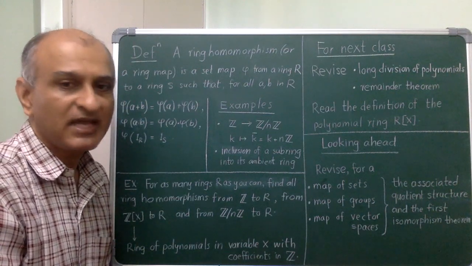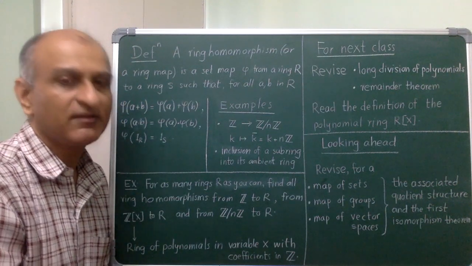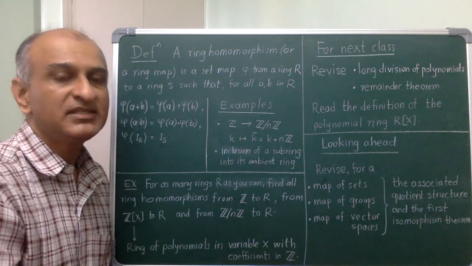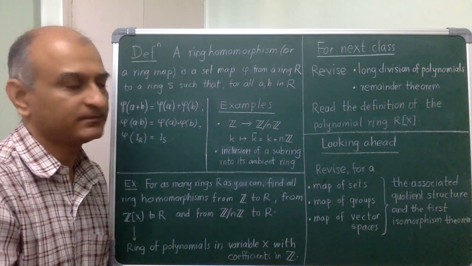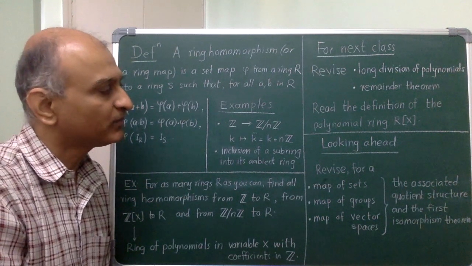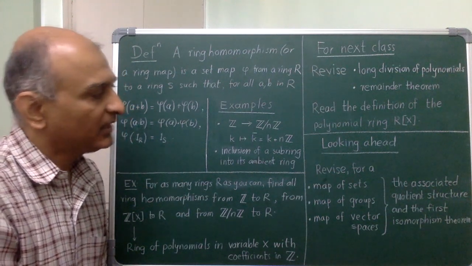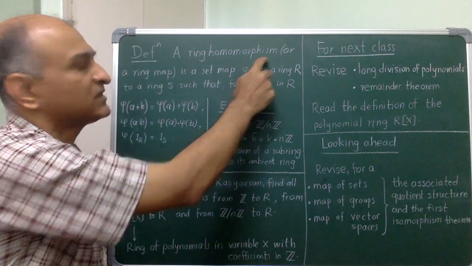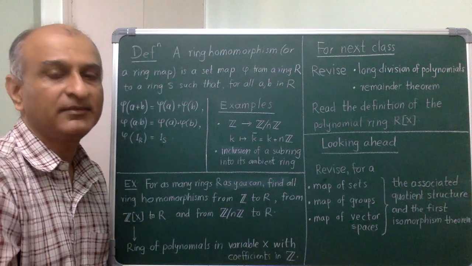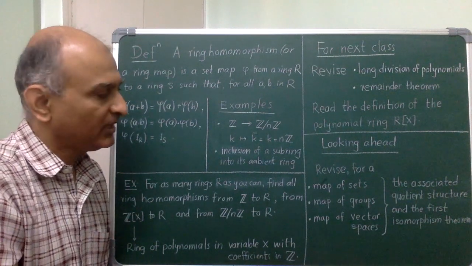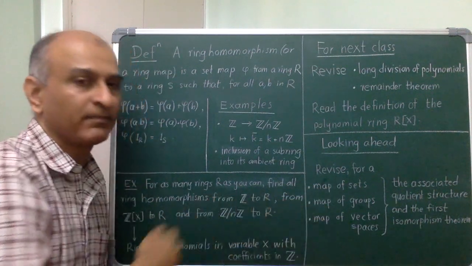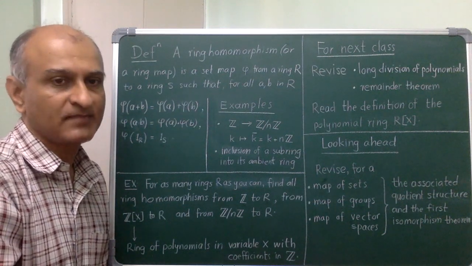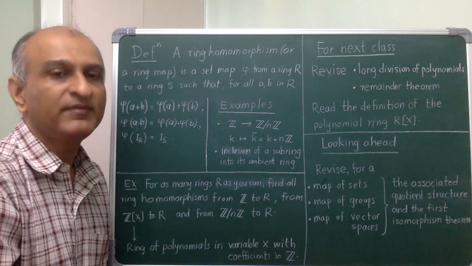Doing this is going to take some time and effort. So spend whatever time is needed, whether it's half an hour, 2 hours, or whatever. But doing this is going to be well worth the effort. And the payoff is going to be the following. In about 2 to 3 lectures, we will start studying ring homomorphisms and quotient rings in detail. At that time, if you have done all of this work, the new development is going to look very familiar to you, and therefore mentally it will be very easy.